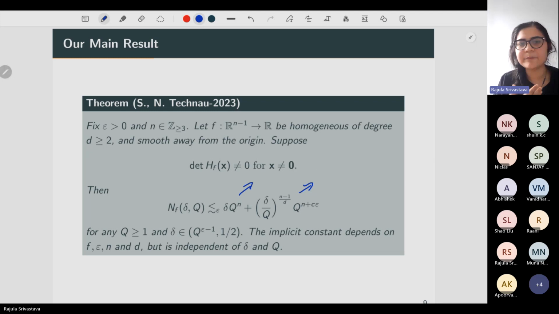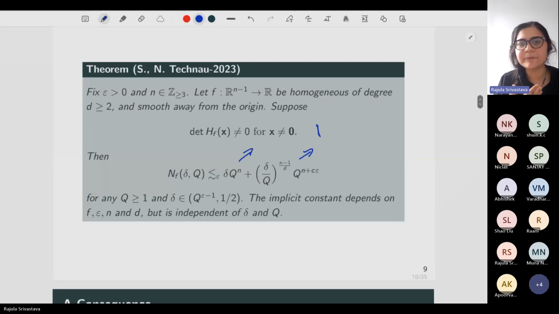So suppose we are in dimensions bigger than or equal to 3, which was the same case as Huang's for the non-vanishing Gaussian curvature case. And suppose we have a hypersurface which is parameterized by a function f, which is homogeneous of degree d, which can be bigger than or equal to 2, and which is smooth away from the origin. And the important thing is, we know that the Hessian of this function will vanish at the origin because the determinant of the Hessian is a homogeneous polynomial as well. But our assumption is that that's the only place where the Hessian of my function vanishes. Then